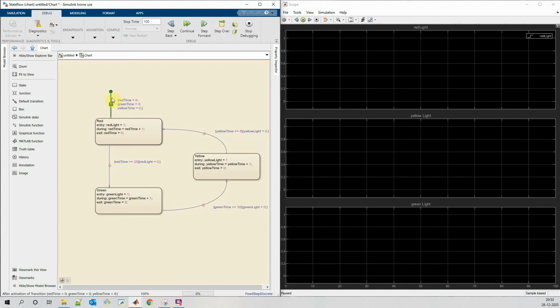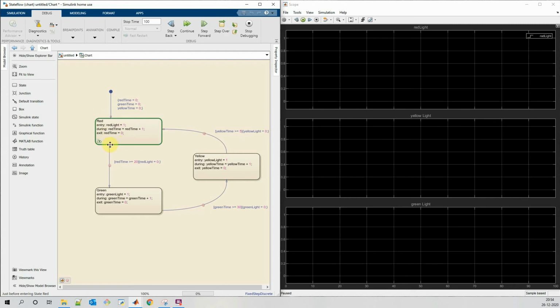So initially, when we start our simulation, all these three variables will be initialized. After that, the assignment will happen and we will enter into first state.